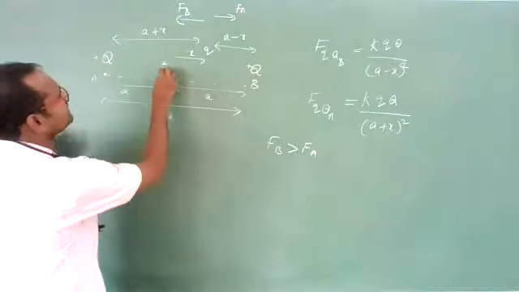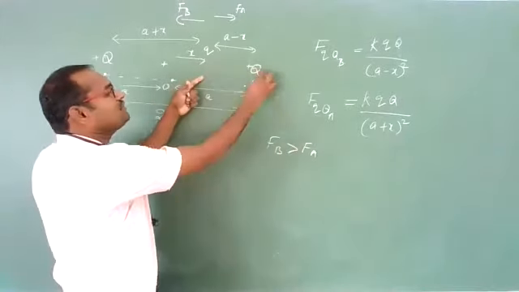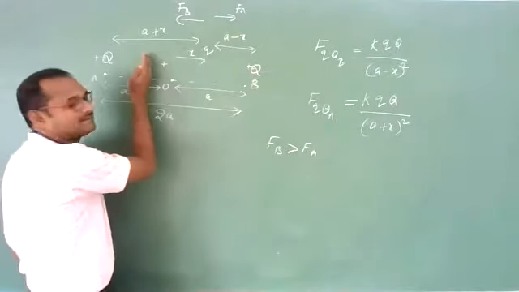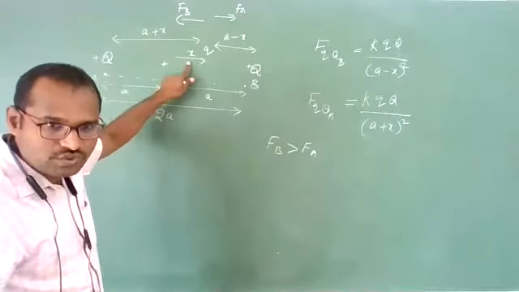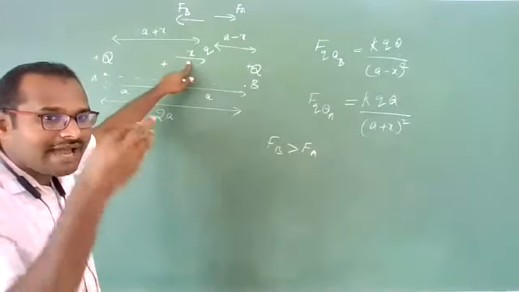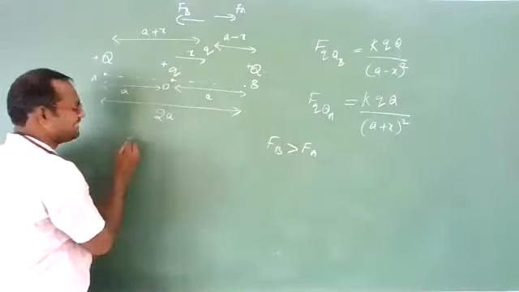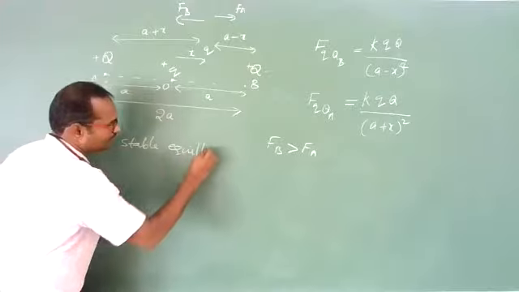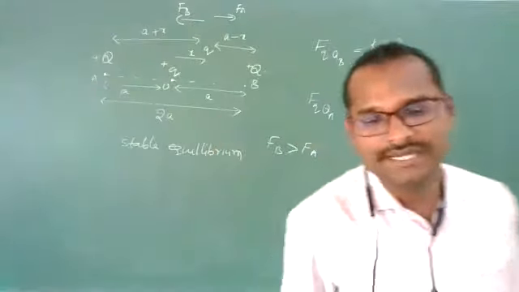Means if you displace this charge from the center by some distance, the repulsive force due to this charge is more than that due to the other charge. Then the object has a possibility to go back. Are you getting? If you displace this charge plus q from its equilibrium position by some distance, it will come back due to the electrostatic repulsive force. So this charge q, whatever displacement, is said to be in stable equilibrium. Are you understanding what I am saying? Clear, students? Any doubt in this?